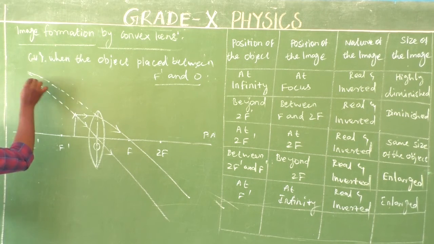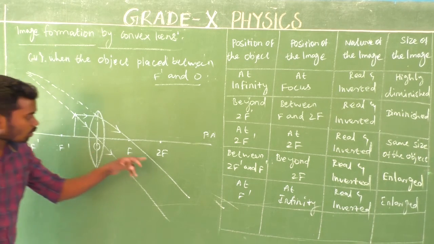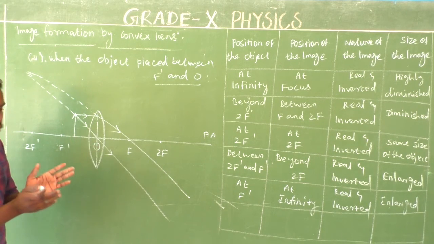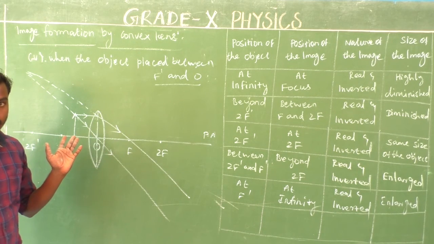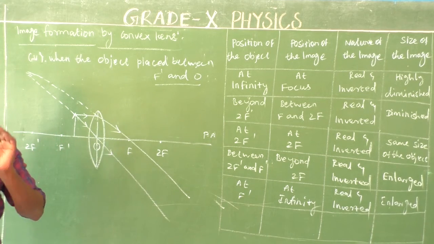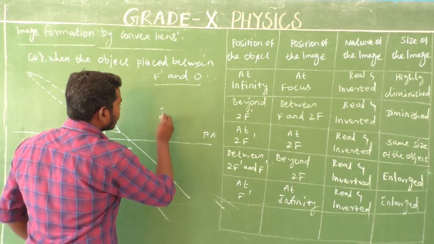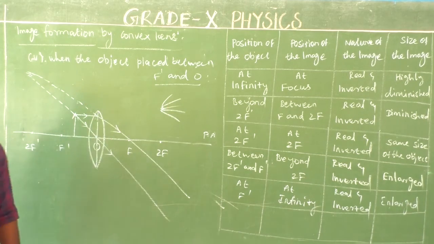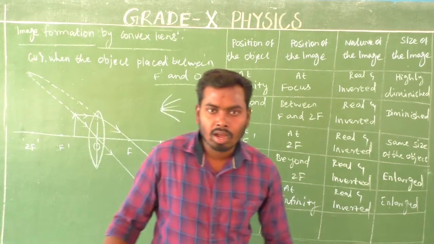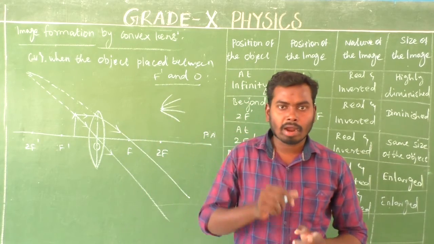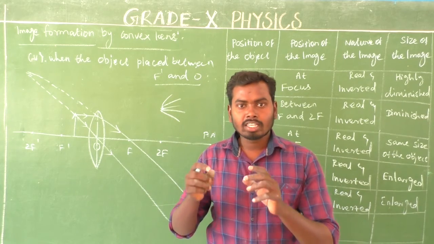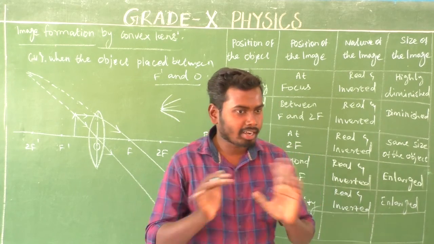Can you see clearly? Look at here. This is one of the refracted rays, and that is also one of the refracted rays. These two refracted rays look like diverging from a single point. So already you know what diverging is. Diverging is nothing but the light rays spreading out from a single point. For example, if we switch on the light, light will pass in all directions from a single point. The tube light is a single point, and from the tube light, light is spreading out in all directions. That is diverging rays.